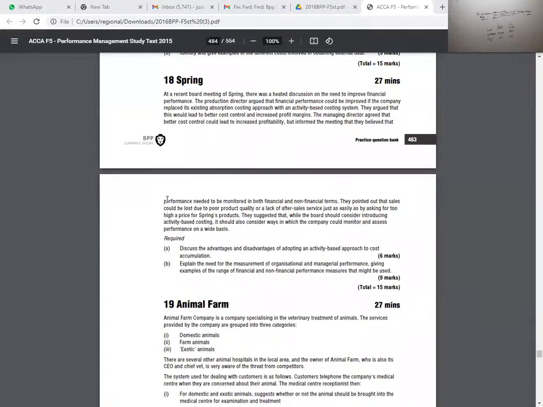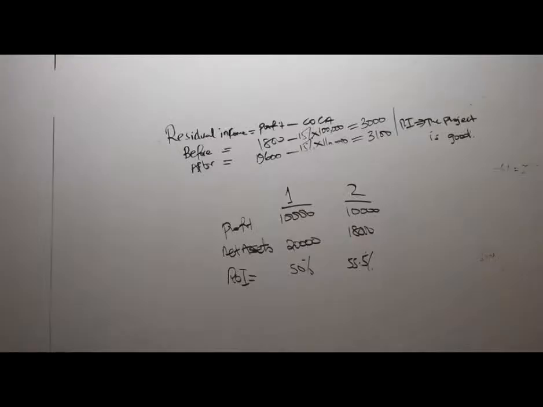Okay, ladies and gentlemen, this is quite a very simple question. Part A, they want us to discuss the advantages and disadvantages of adopting ABC, activity-based costing system. Now, ladies and gentlemen, what I can never forget about ABC in terms of advantages,